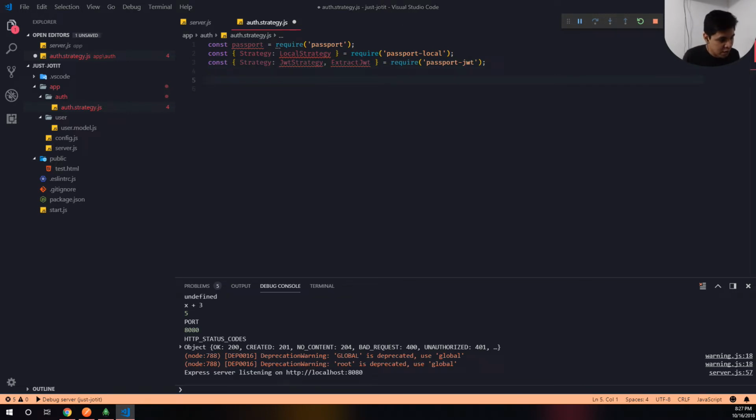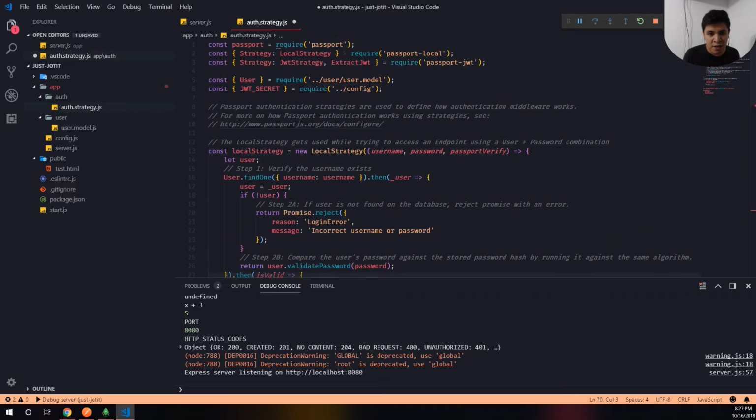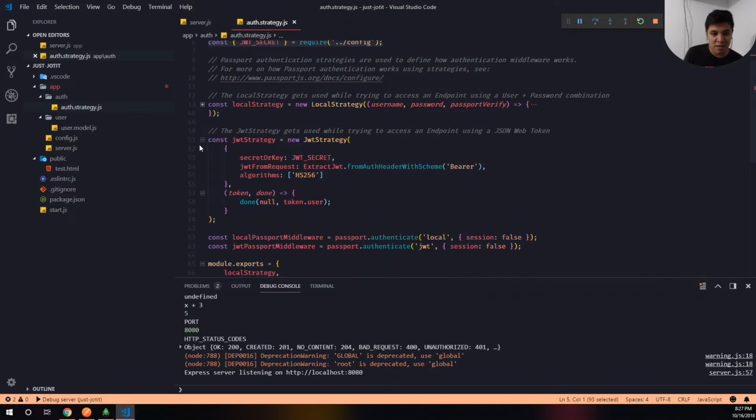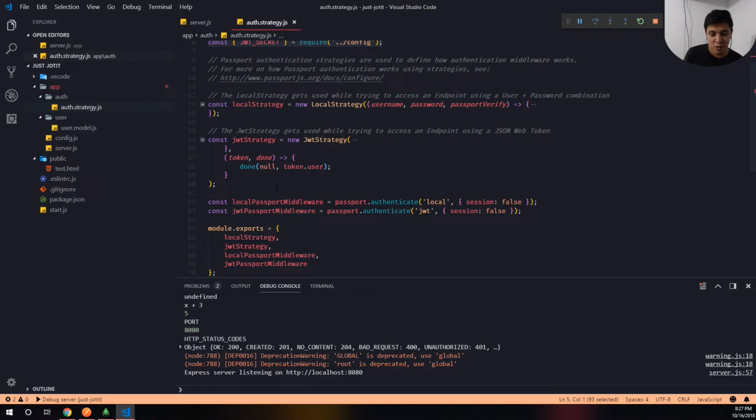So our Auth Strategies are going to look kind of a bit like this. We first import our user model, as you can see here. Here we import from the user folder /user.model, and we import the config. Now, there's two big strategies you always want to have. One is the local strategy, and the other